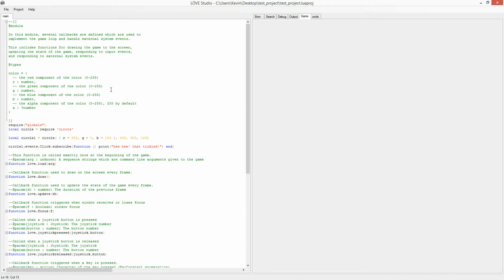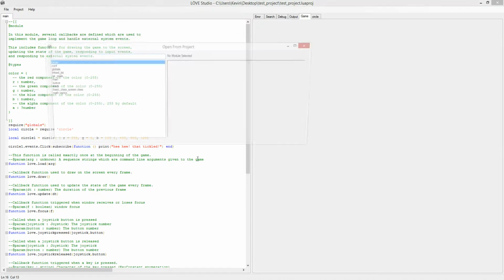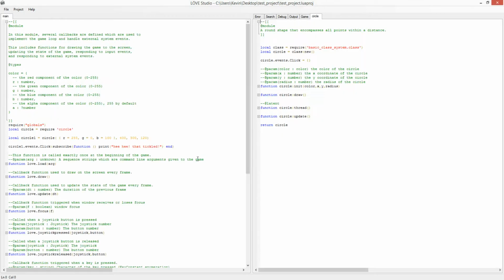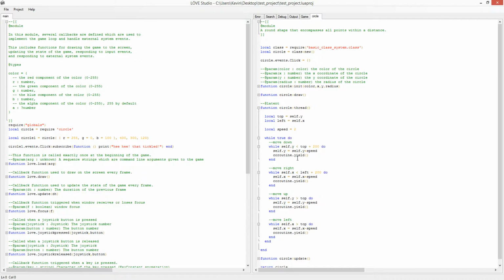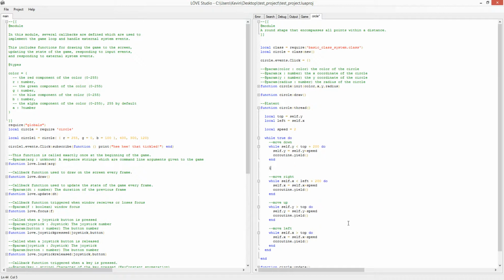So what happens when an error occurs in the coroutine? Let's open up the circle class, and let's artificially create an error. So we can make this empty table constructor, and its type is going to be unknown, which means that we can use it in any context. And let's try to